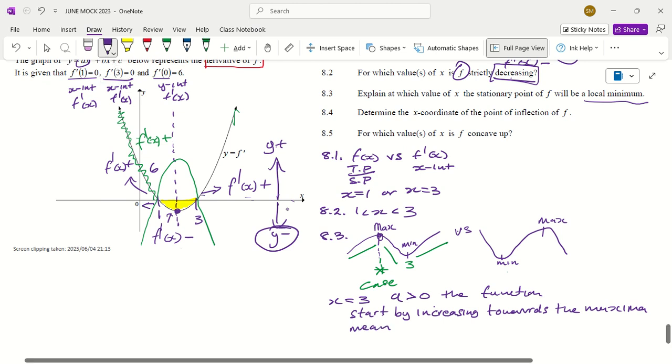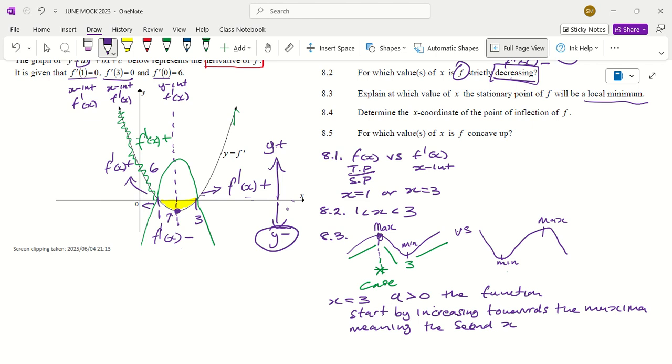In second, x value is the minima. So that's how you answer 8.3. Then 8.4,